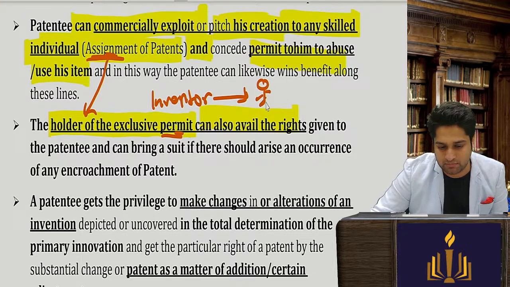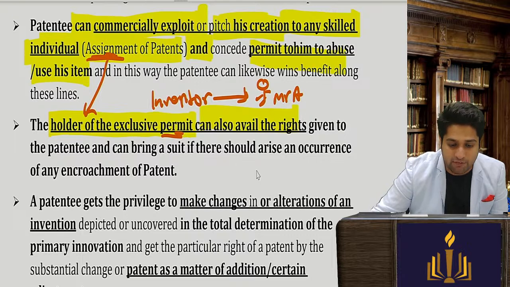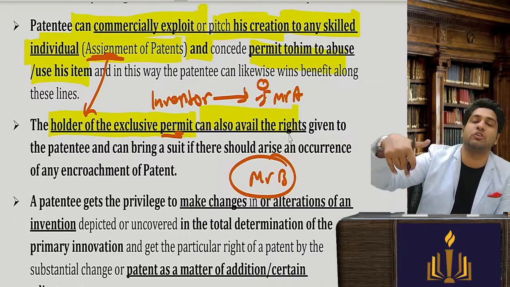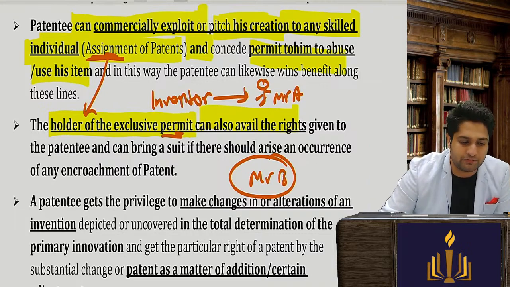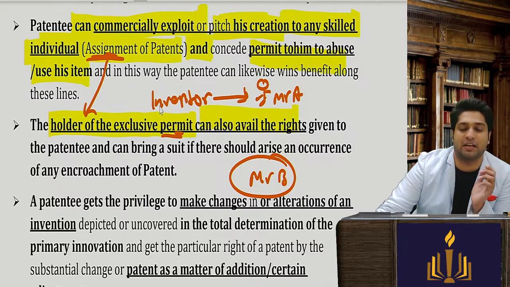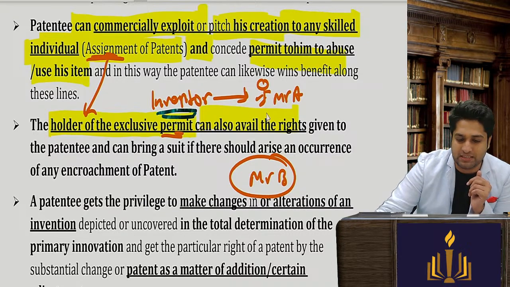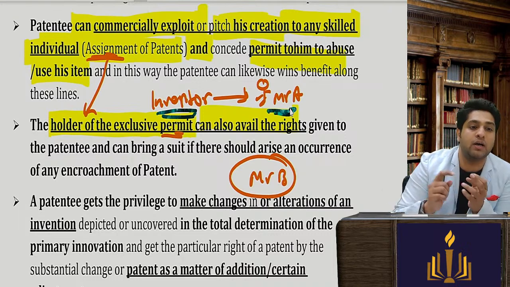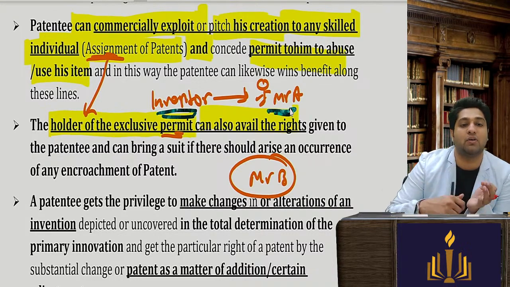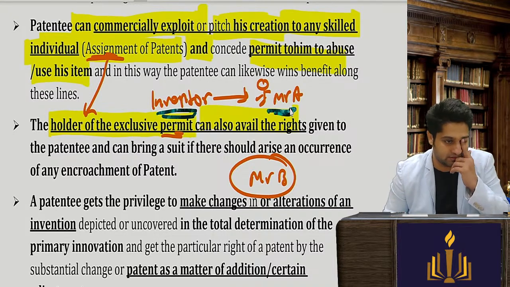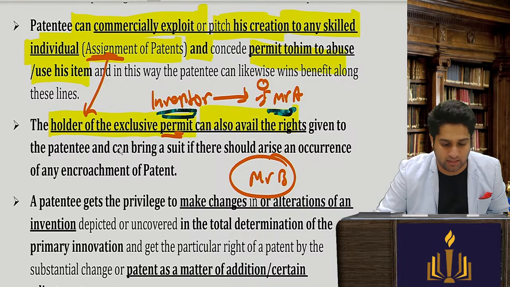okay, to this person, Mr. A. If there is another person called Mr. B who's doing unauthorized use, who can file a case? Inventor will file, Mr. A will file, or any of them can file? So the obvious answer is the inventor can also file, and the holder of the exclusive right can also avail the rights given to the patentee and file cases and bring a suit in his own name